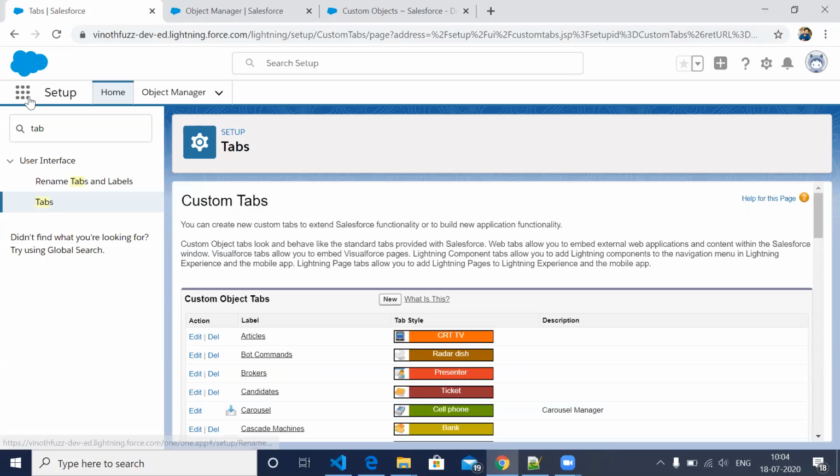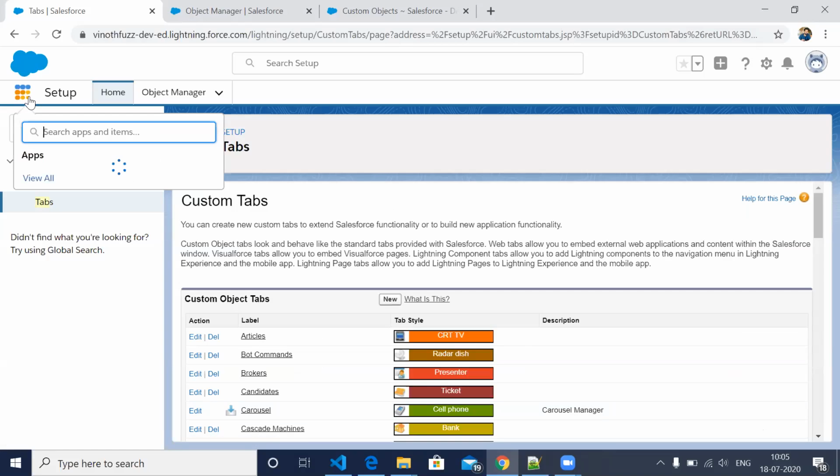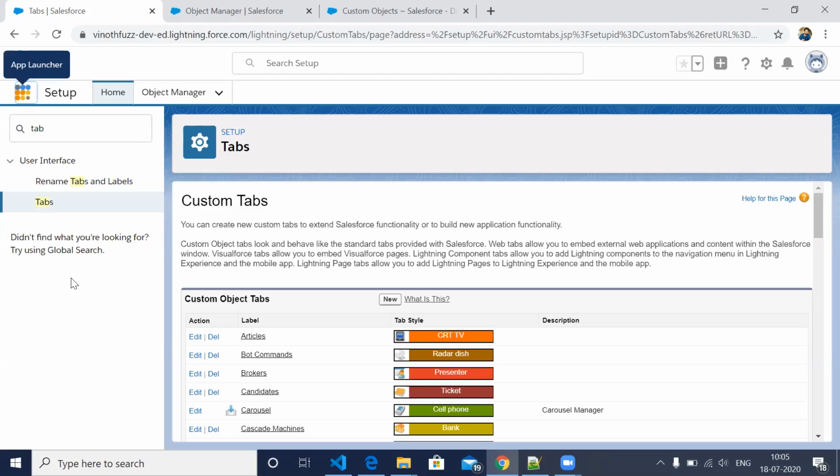Now what you have to do is add the tab to your application. Let's do one thing: we will create a new application also.